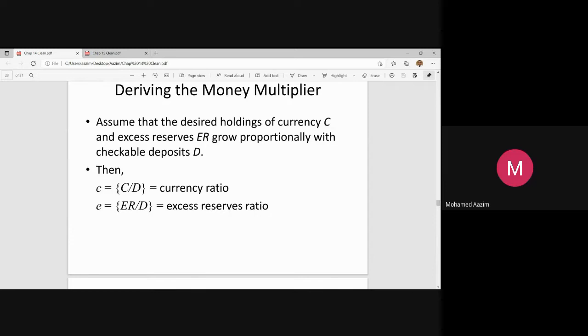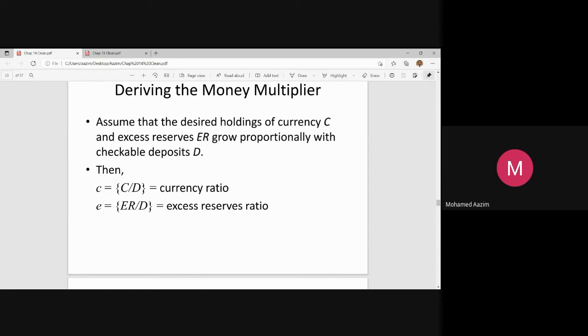So then you see, you already know about these ratios. Small c is the currency ratio. You already discussed the currency over deposits. Like I was mentioning, 10,000 over 100,000 deposits. So 10,000 over 100,000 is the small c currency ratio. If you take 10,000 over 100,000, it is 10%.